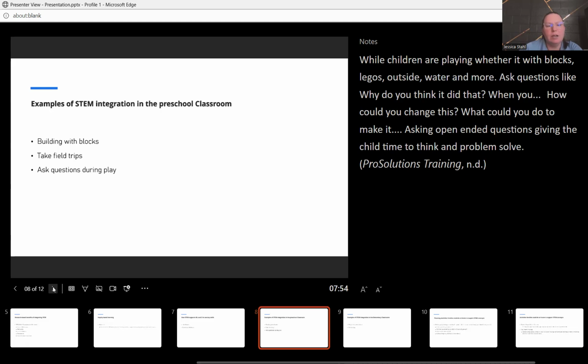Examples of STEM integration in a preschool classroom. I already gave the block example, but that's a huge example of different STEM things you can do in the classroom. Giving children tape and empty boxes or paper and just seeing what their imagination does and going with it. But another big part is to make sure you're asking questions, giving positive feedback during the time of them